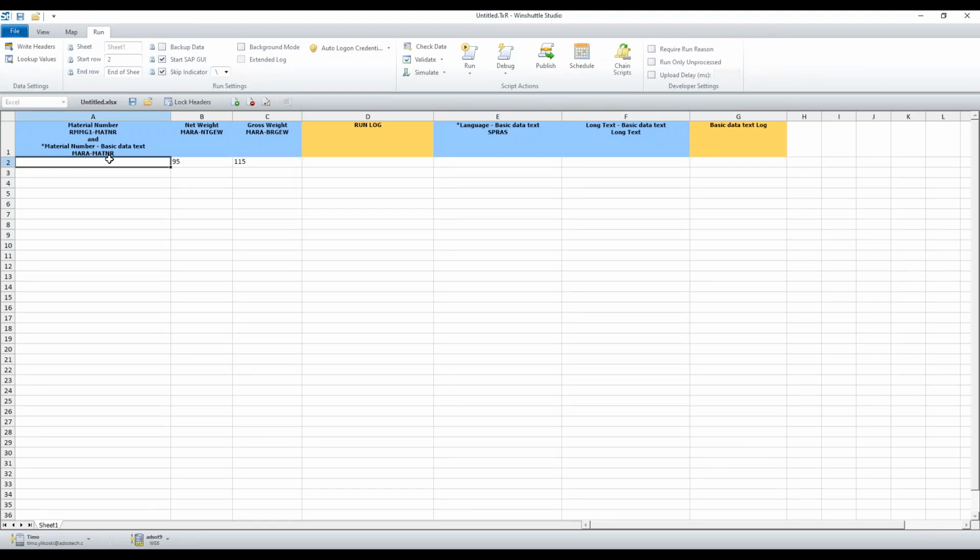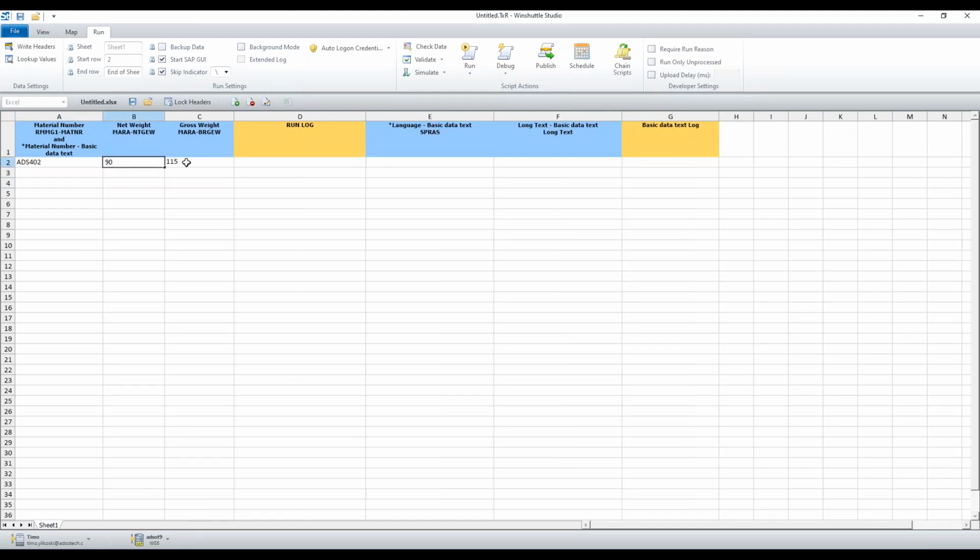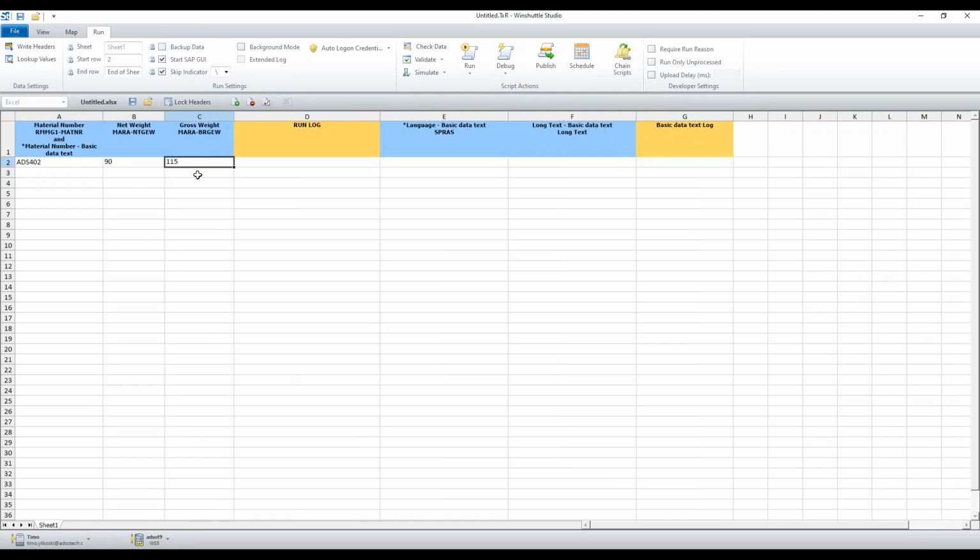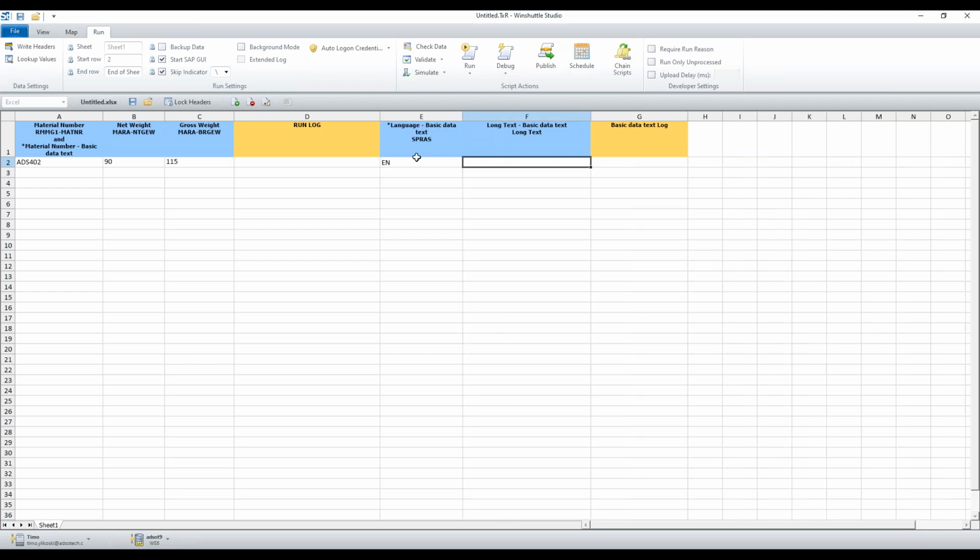So let's go ahead and try this, test this out. And I'll change these values a little bit so our normal script will do something. So when we execute the script, Winshuttle will open up this material in MM02, upload these weight values, then we'll get a log message here. Then after that, it will execute the long text upload and upload the long text using this language, and this will be the actual contents of the long text